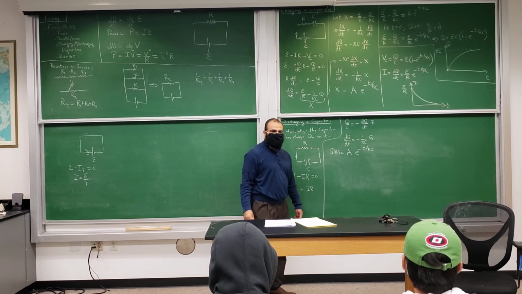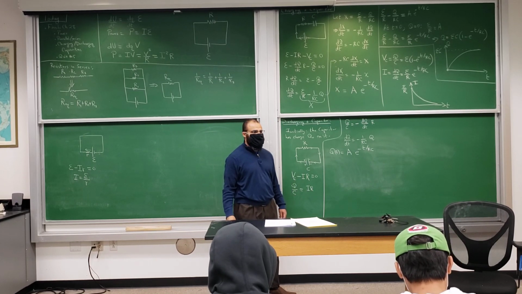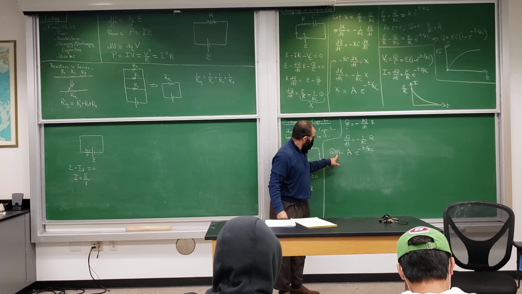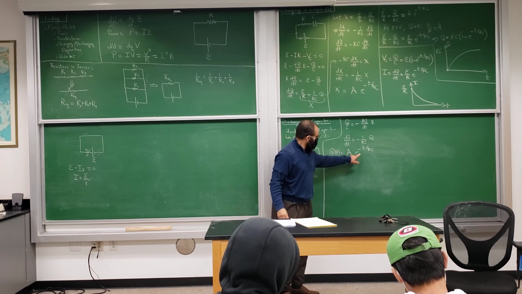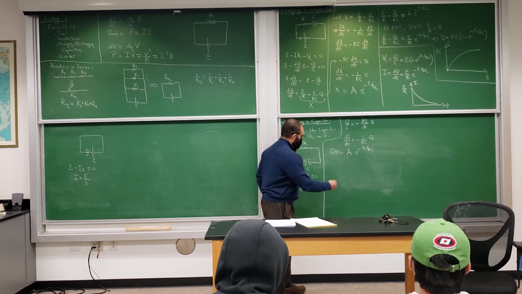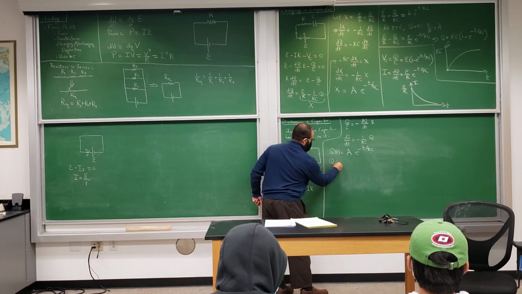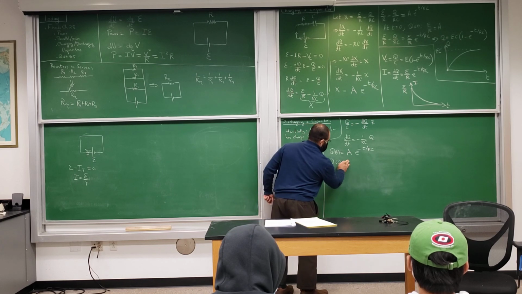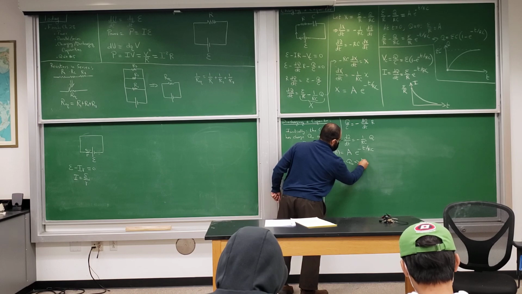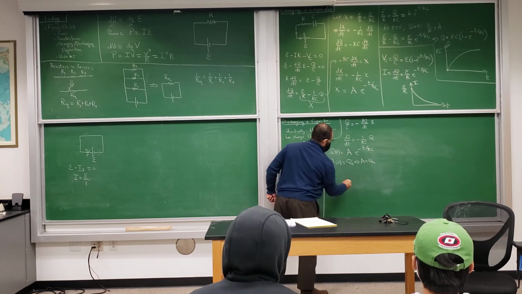So at t equal to 0, what was the charge? Q0. So at t equal to 0, I must have Q0. Well, e to the 0 is 1, so this A has to be Q0. So since Q at 0 is equal to Q0, A has to equal Q0. So therefore,